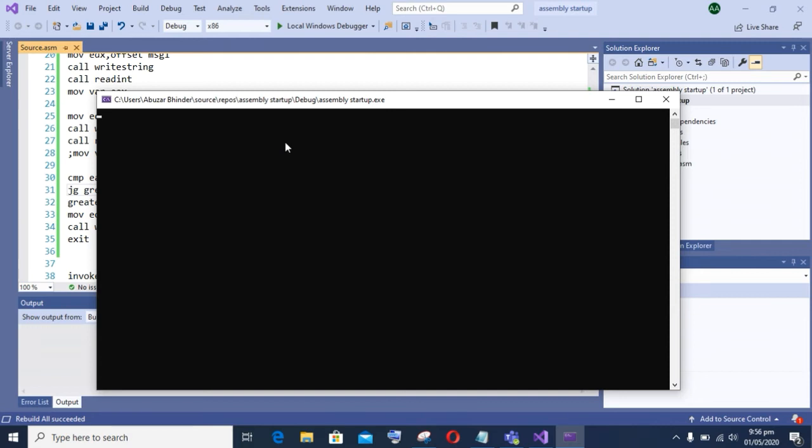As you can see, the console window is displayed.